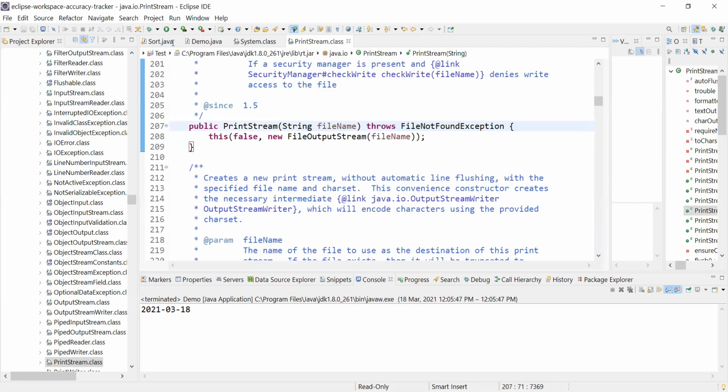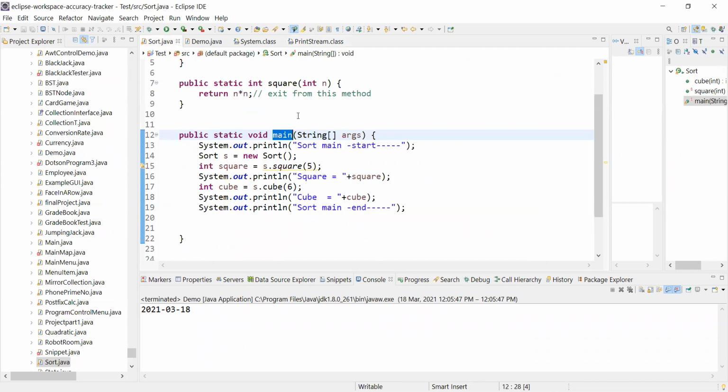Like we did constructor overloading when we defined a default constructor and then a constructor with one parameter. Do you remember, guys? So there are basically two ways to overload a method. What are those two ways? Let me just type it here.